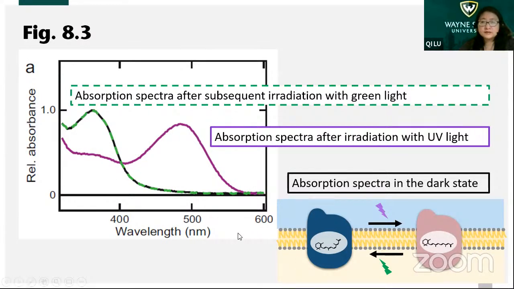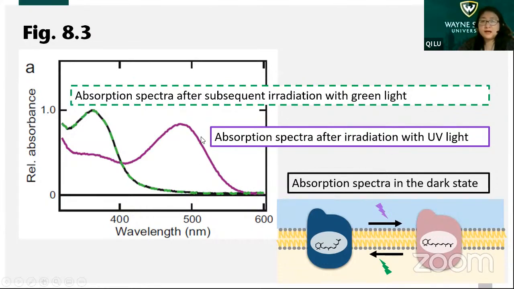At the dark state, they do not absorb any light, but after activation with UV light, most of the opsins will prefer to absorb green light stimulation. Then after absorbing,